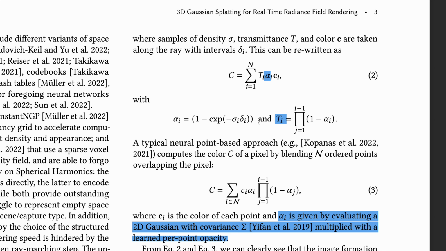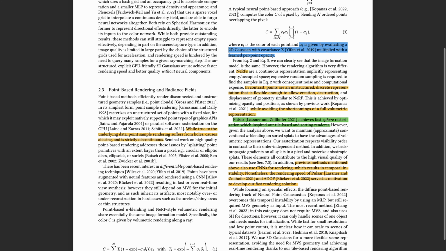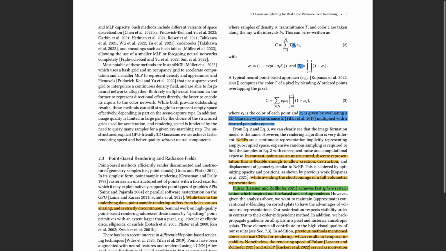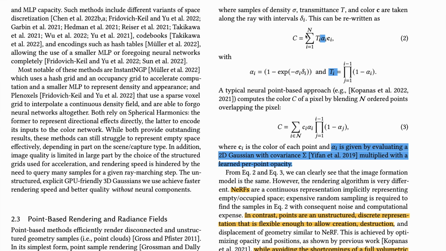I'm not sure about my explanation. I hope you understand, but otherwise I would invite you to reread section 2.3. You can also have a look at the NeRF paper if it's not yet done. But basically, it's all the basics of volumetric rendering, okay? So for every point, or here basically for